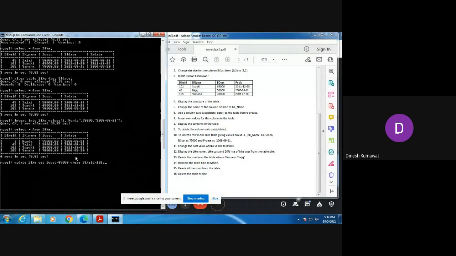And at the end you need to give a semicolon.